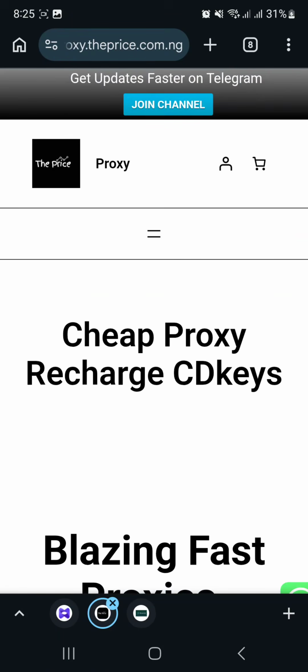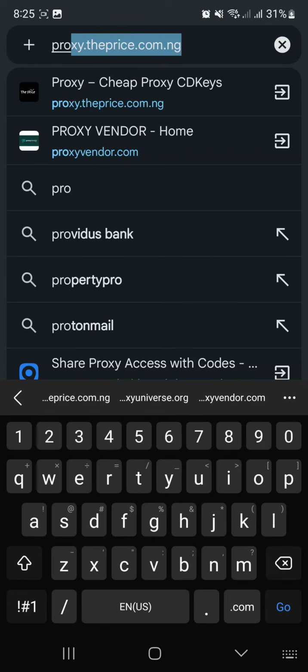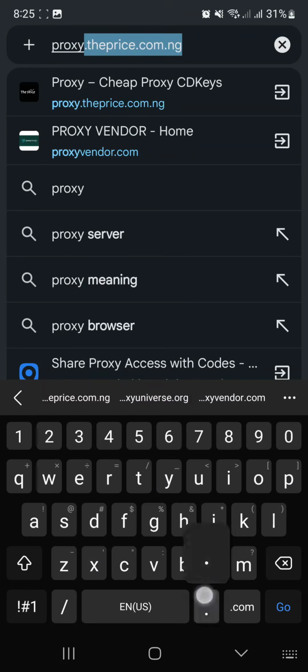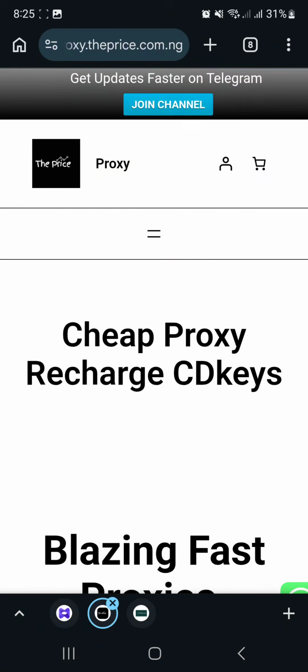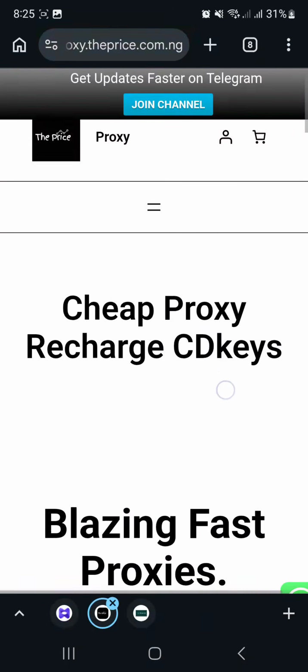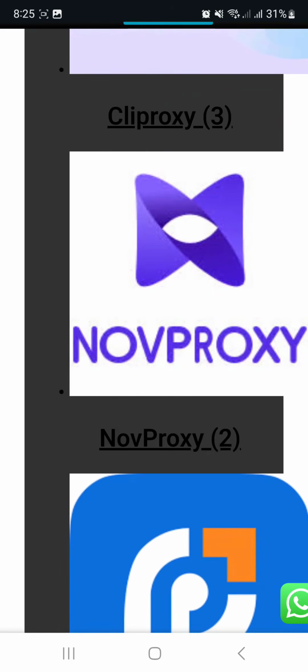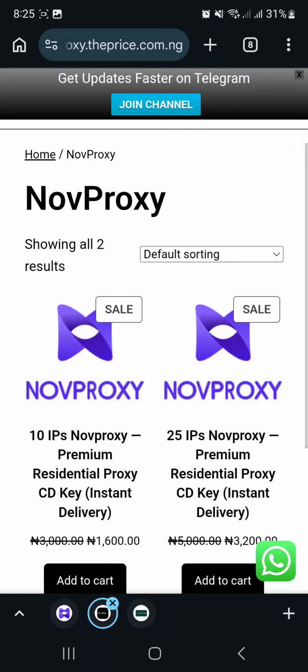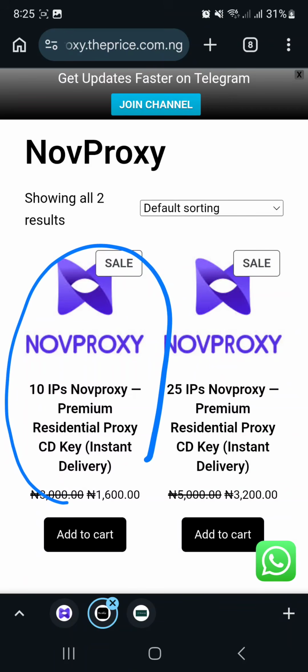If you don't know already, you can buy the CD key from proxy.theprice.com.ng. Once you're on this website, you scroll down till you see Novproxy. This is Novproxy, so you click on it. It has opened. There are two plans here: the Novproxy 10 IP plan, which goes for 1,600,